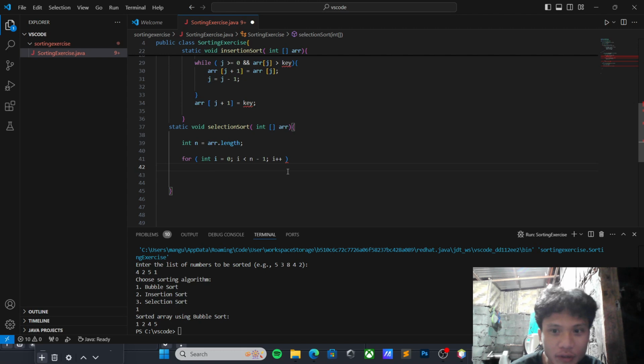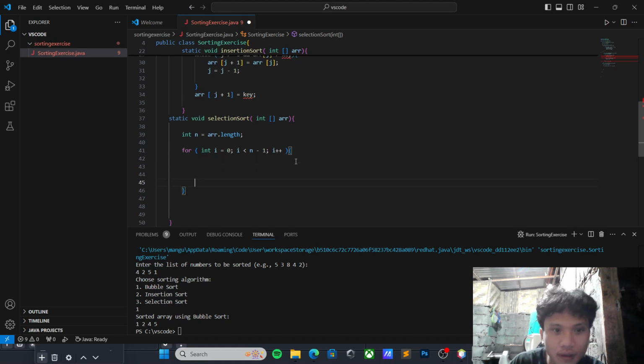Now the outer loop runs from the beginning of the array up to the second to last element. The purpose of it is that each iteration of this loop selects the smallest unsorted element and places it in its correct position.